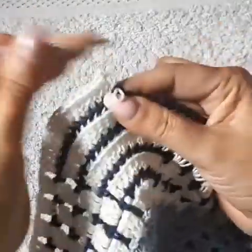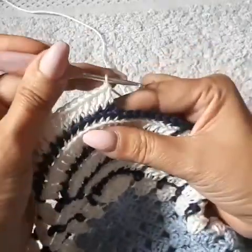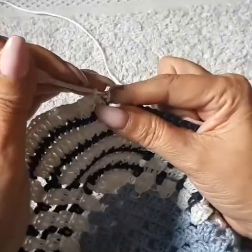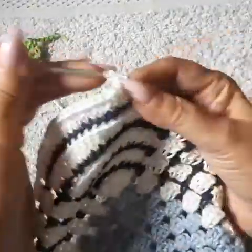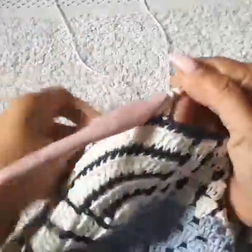Two double crochet alone, 2 double crochet together. My hands are starting to slip. 2 double crochet alone, and 2 together, 2 double crochet alone,